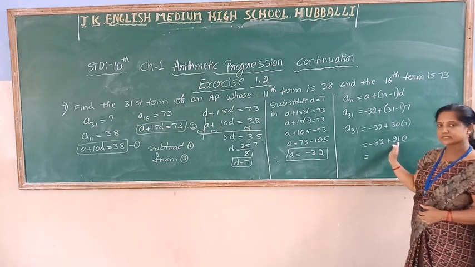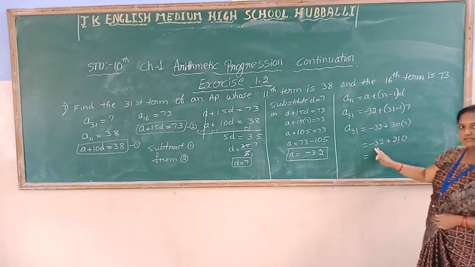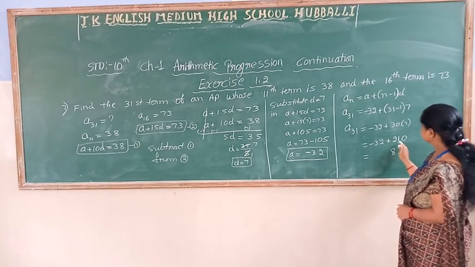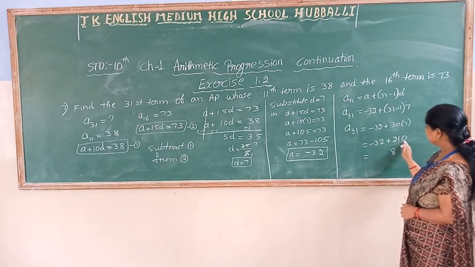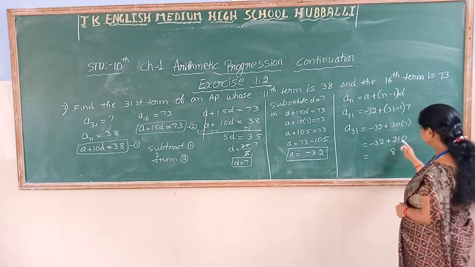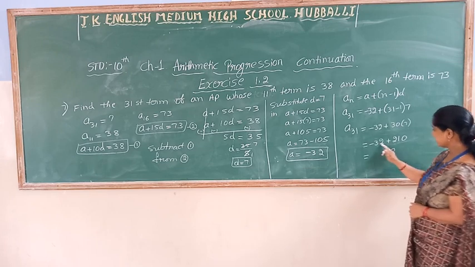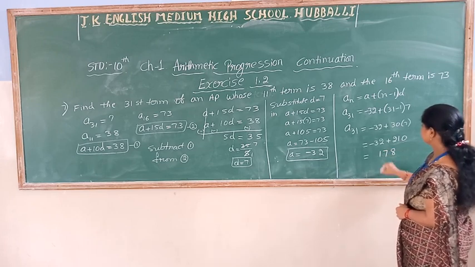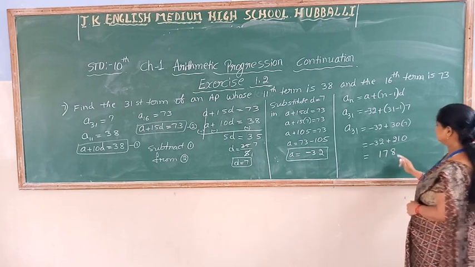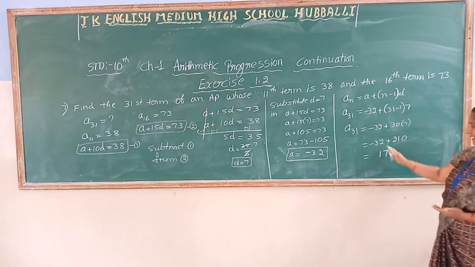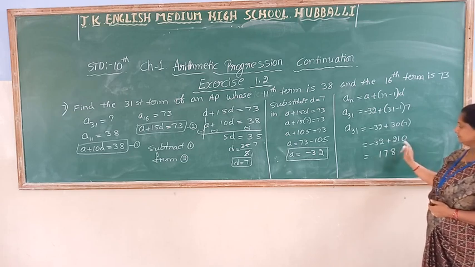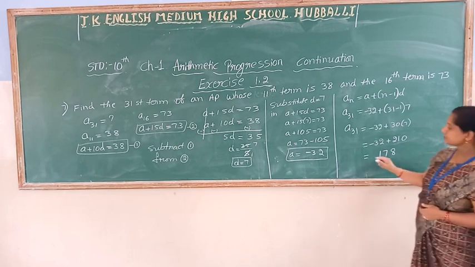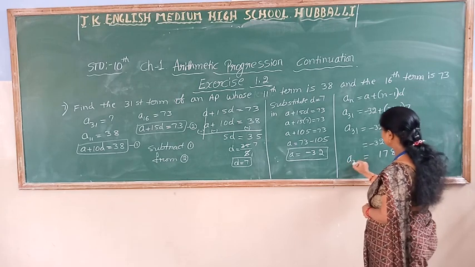Ten minus 2: the positive number is the big number and this negative number is the small number. Subtract, 10 minus 2 is 8, and 9 becomes here. Then 10 minus 3 is 7. So 178. Yes, you can verify by adding also. 178. So this is what they told us to find.